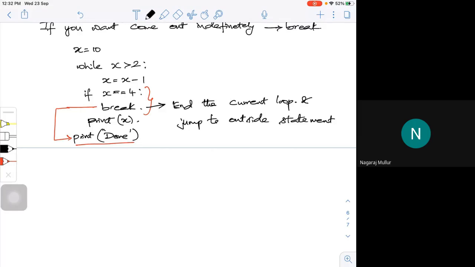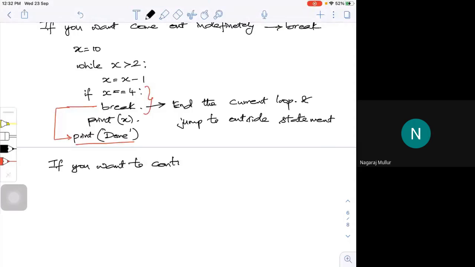Say for example, in the same loop, if you want to continue the iteration, then we use what is called continue.